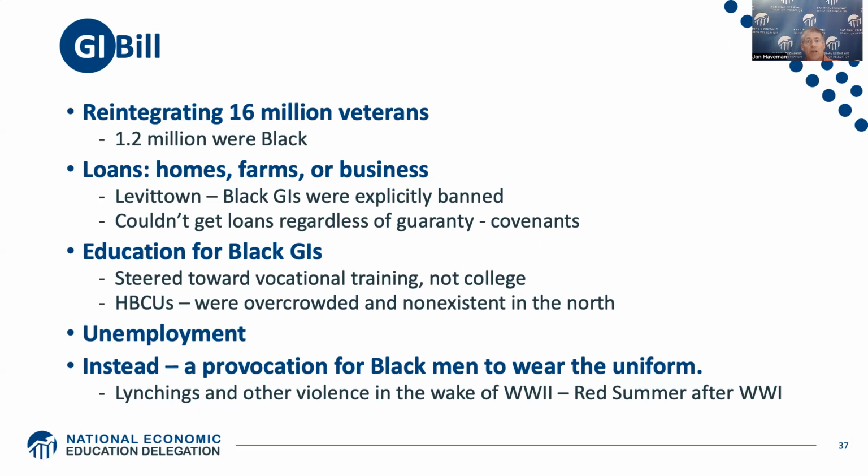So there was growth in capacity where white GIs went, and there was no growth in capacity where Black GIs went, right? So they were overcrowded, and for GIs that came back to the north, HBCUs did not exist. In terms of unemployment, there were huge differences in the amount of unemployment that local governments would give out under the GI Bill. And instead of being welcomed back as conquering heroes, the Black GIs were excluded from a lot